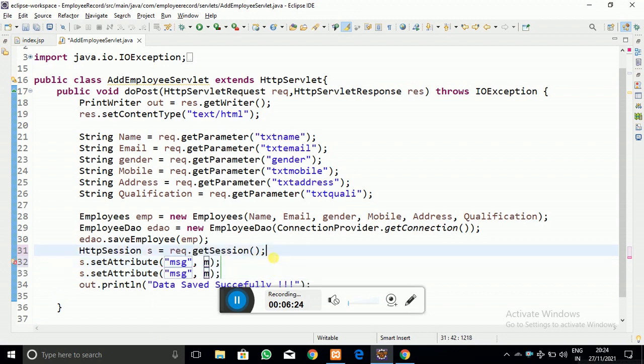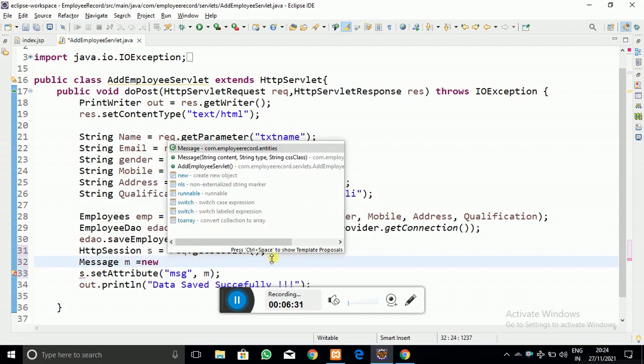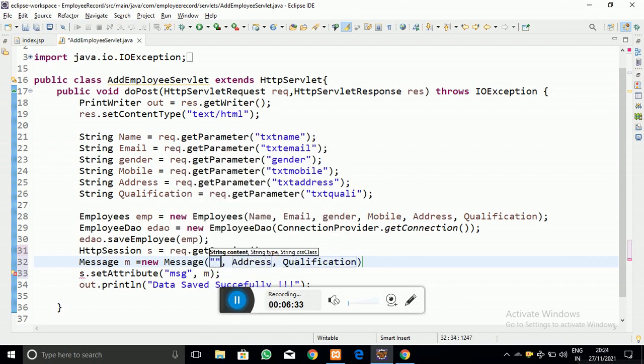So let me create the message object, that is Message m = new Message. I have to write the data here, data saved successfully. This is the success message.